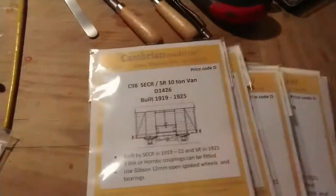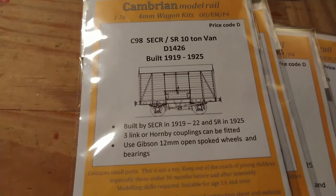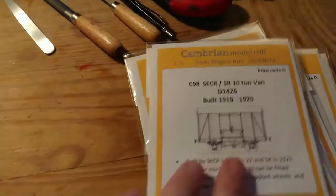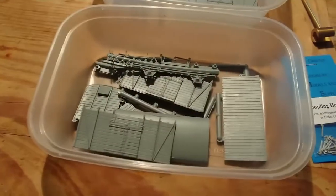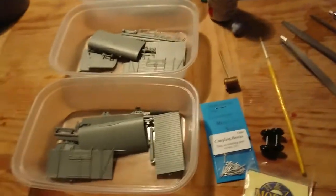But yeah, so these are the kits I've been building. The Cambrian kits. I'm about to be making, I've got 4 of these 10-ton vans to make, all ready to go. And like I think I mentioned in a comment, if you've built an Airfix kit, you can probably build one of these. So in the kit it comes with the plastic injection molded kits, and you need to get, as it says on the front,